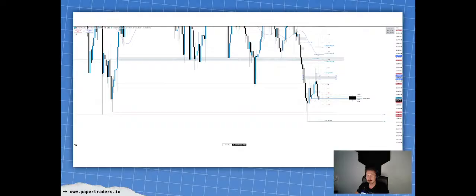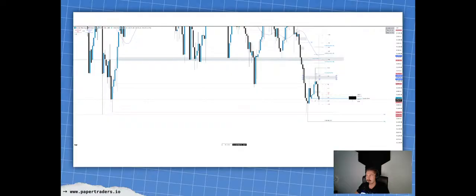Price brought us today here. Initially, going into the New York session, we were looking on the 4 hour time frame here with the price action trading within